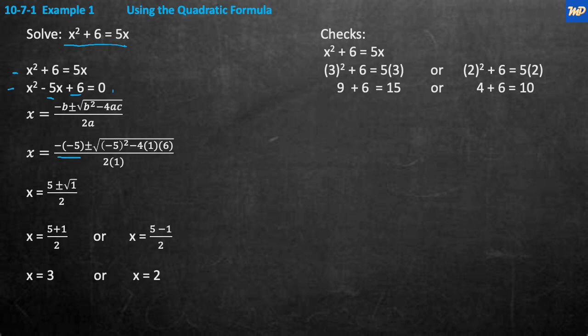So now we have minus the b, which is minus 5, plus or minus the square root of minus 5 squared minus 4 times 1 times 6, all over 2 times a, and a is a 1, so it's 2 times 1. So if we simplify this, we're going to end up with